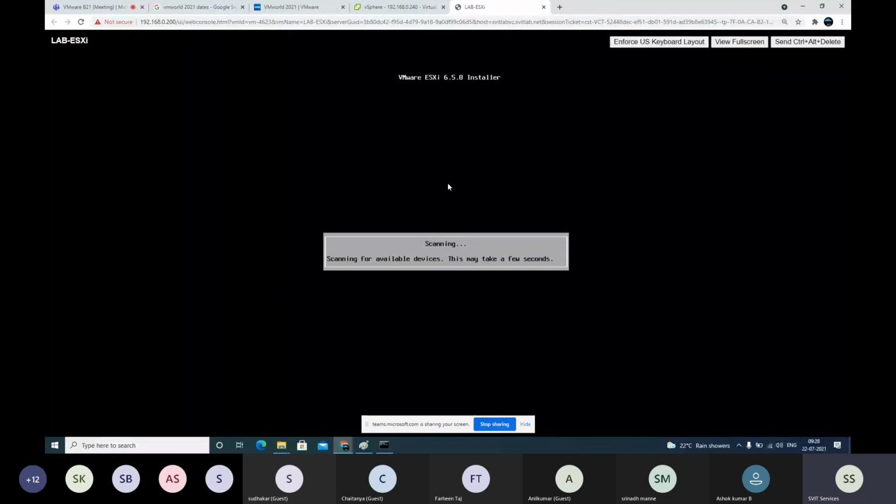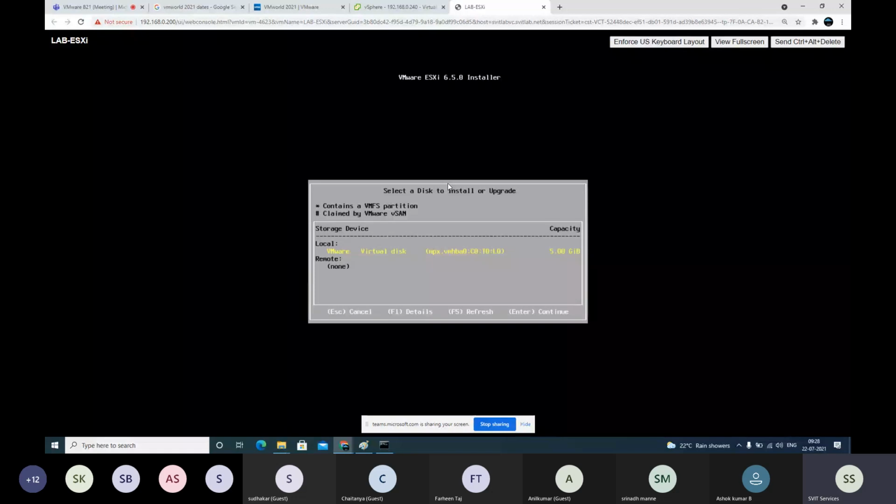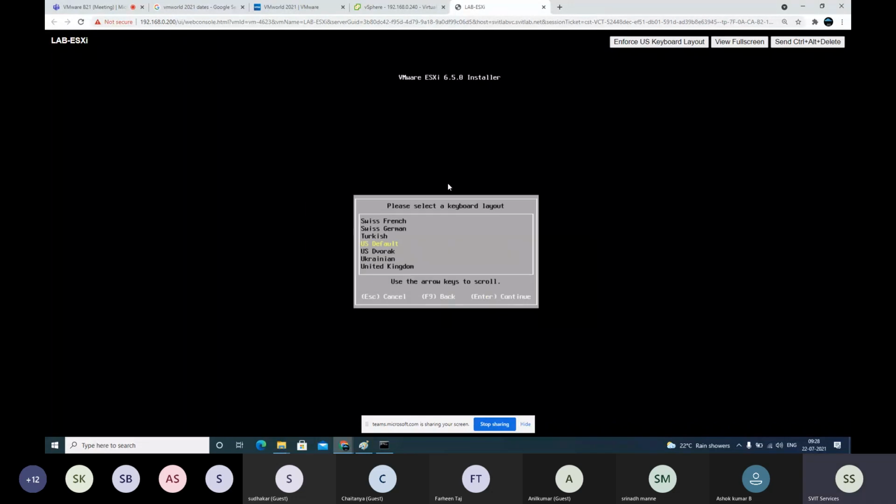Now it is checking whether all the required hardware is there or not. It's already completed, so that means all the hardware is up. The 5 GB hard disk that we have attached is showing here. Enter. Keyboard layout, US keyboard layout. Whatever keyboards we use in our laptops and desktops, everywhere in India, at least, the US default layout